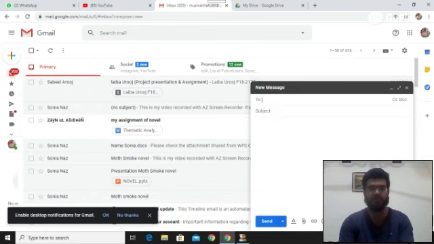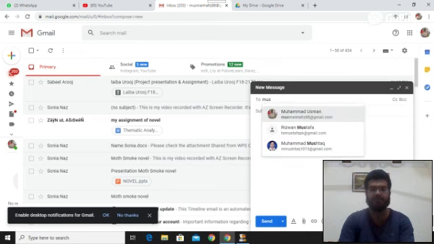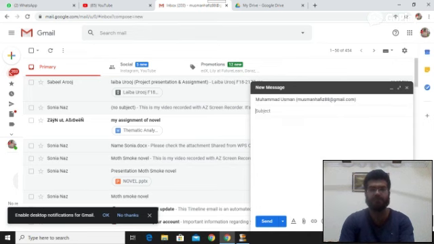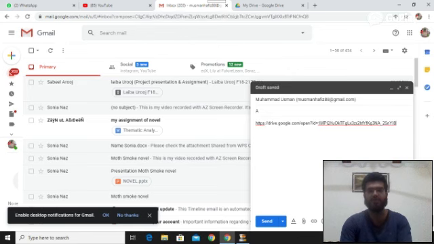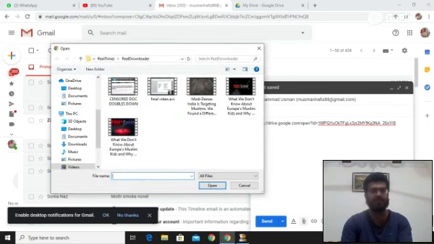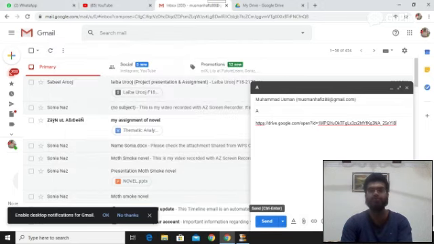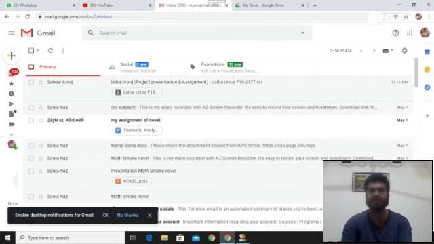For instance, if you want to send it to me, mention my email, subject assignment plus presentation. Here you can copy the link of your Google Drive plus attach your assignment using this attach files tab. So attach it and then you are good to send it to me and I'll be able to access it in no time.